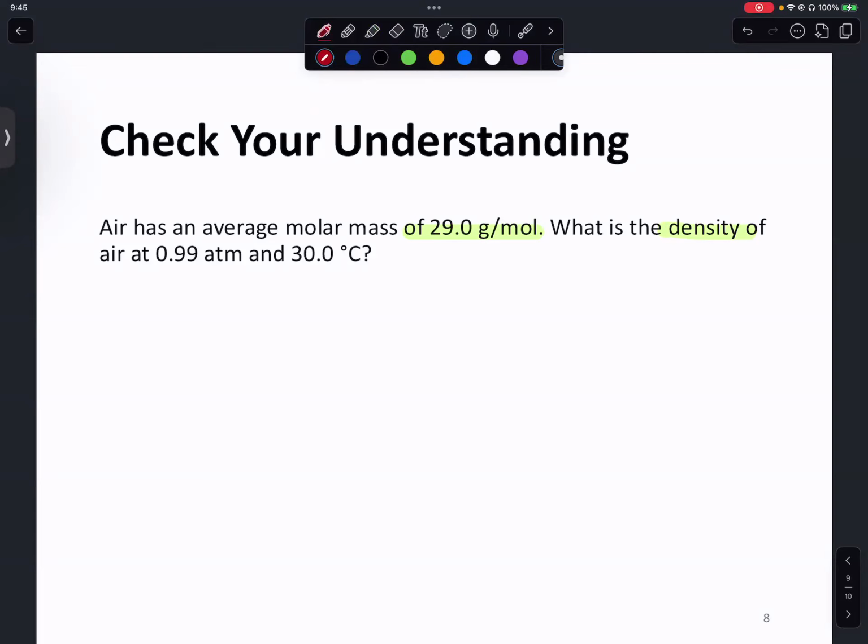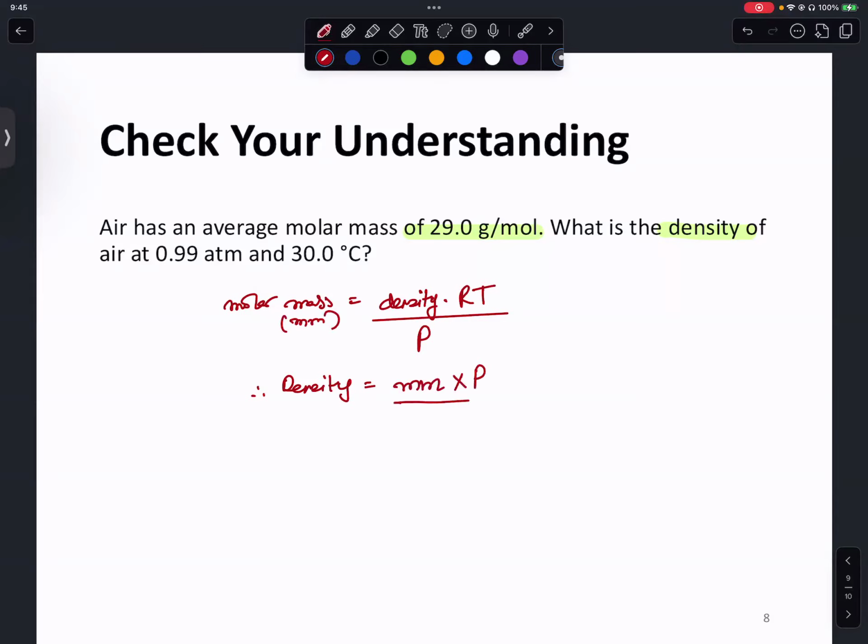So I can say that molar mass equals density times RT over P, and the molar mass is given to me. If I rearrange the equation, density equals molar mass times pressure over RT, which is 29.0 grams per mole, times the pressure, which is 0.99 atm, divided by R,